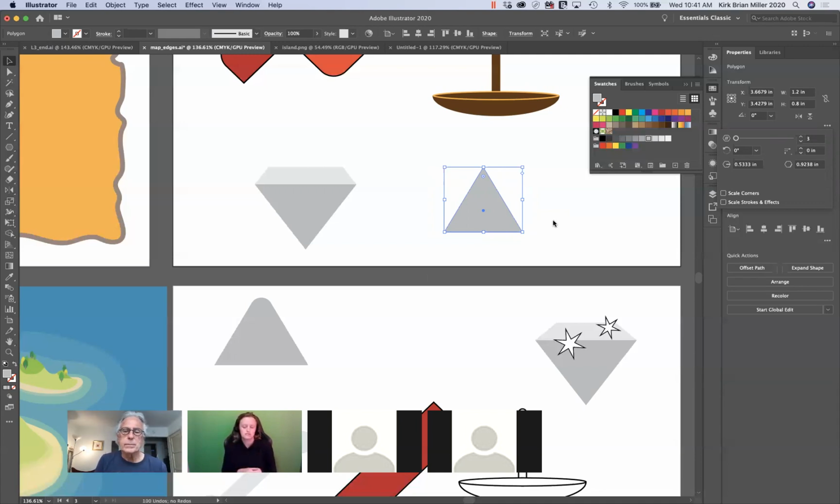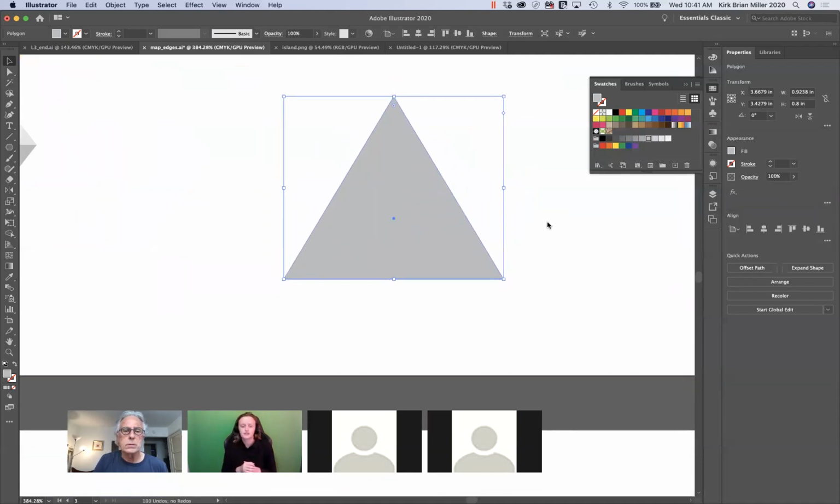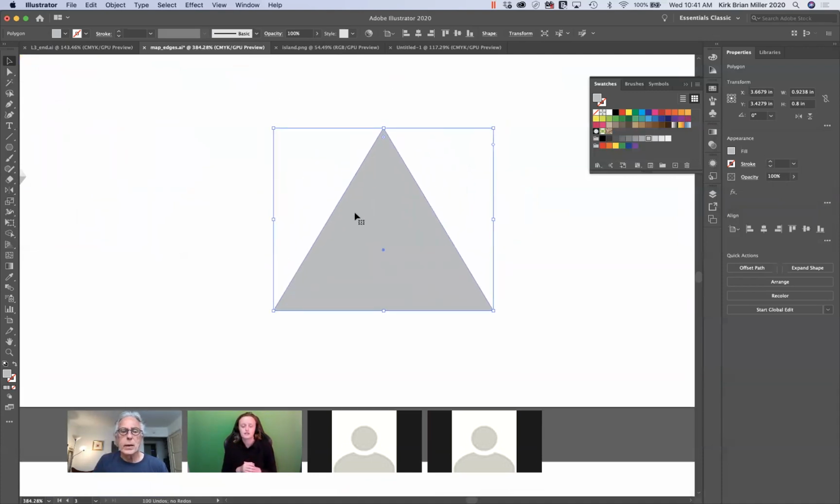Now I can go in. Let's zoom in a little bit. See what we're doing here. And what I want to do is make the top of our mountain curved a little bit. But notice that it curves the bottom parts as well. I don't want that. So if I select the Direct Selection tool,